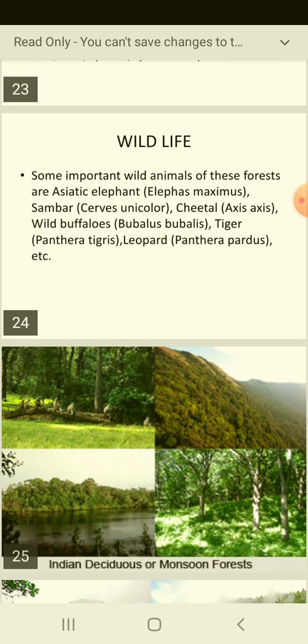Wildlife. Now we'll see wildlife. What type of wildlife can we find in our country? So children, India is a mega diverse country in terms of wildlife. We can find different types of animals in our country, from the northern part to the extreme southern part. There are many species of wildlife in our country. Elephants are found in the hot and humid forest. One horned rhinoceros are found in the swampy and marshy land of Assam.